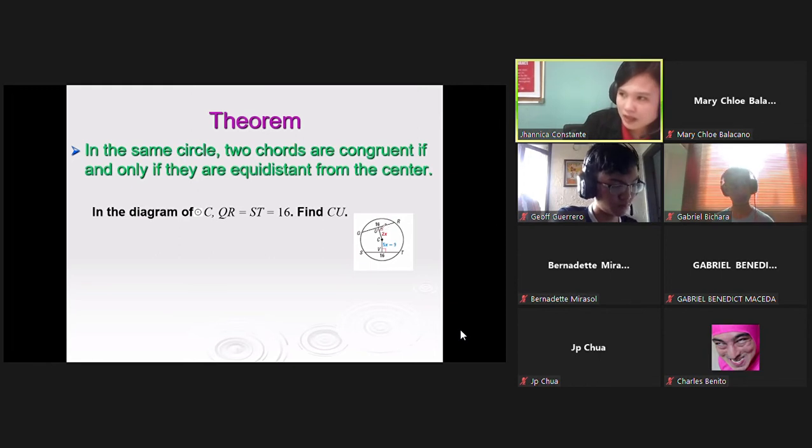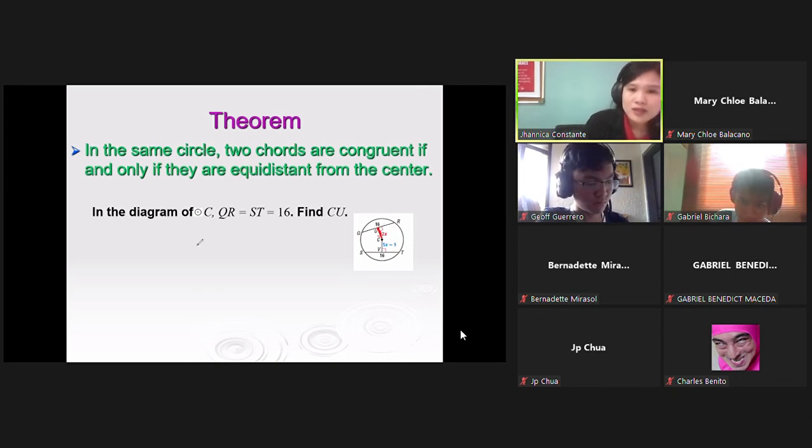So that means we need to find the exact distance of the two chords from the center of our circle. To be able to find the measurement of that line segment in our circle, we're going to use the theorem that we have, which is UC or CU